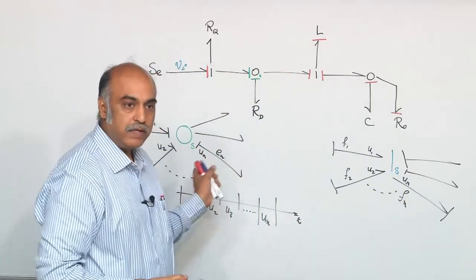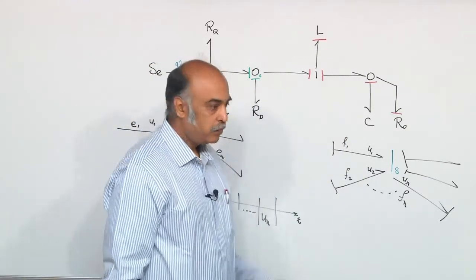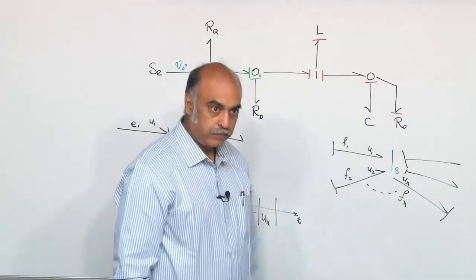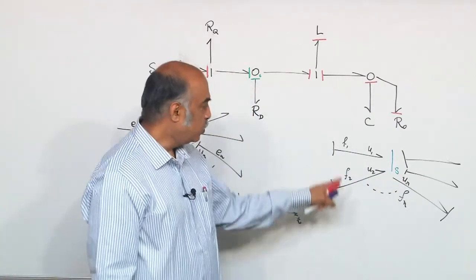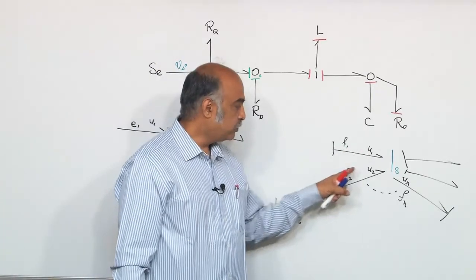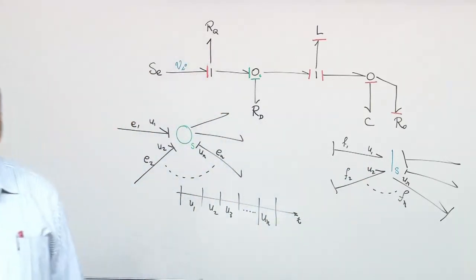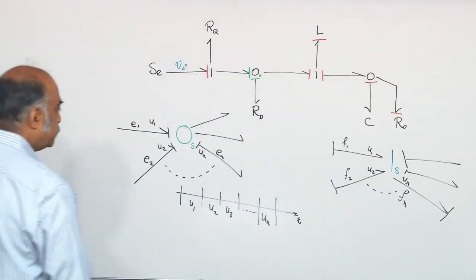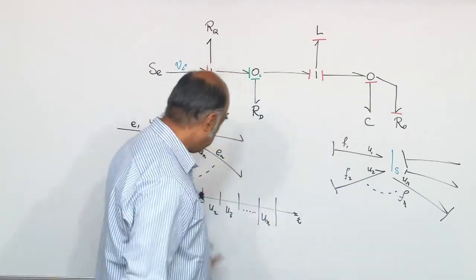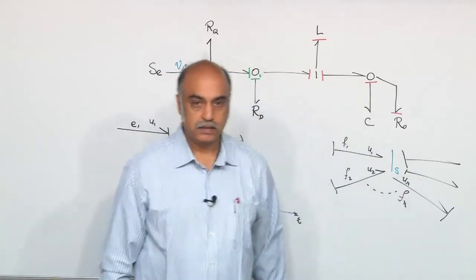This is the dual concept, where you have a switched one junction, where F1 decides the flow for this one junction during U1 interval of time. F2 decides the flow for the one junction during U2 interval of time. U2 is the second mutually exclusive interval like this, and U3 and so on.